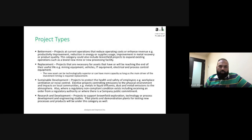Okay, I do want to talk about the project types here very quickly. So when I'm talking about taking that money from the projects that are not on track or are falling behind, the idea is not to take that money and assign it to any project. You will go back to these categories, like betterment projects should have had a betterment budget that you assign in the...